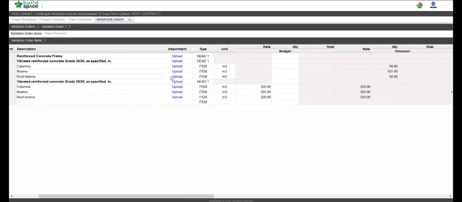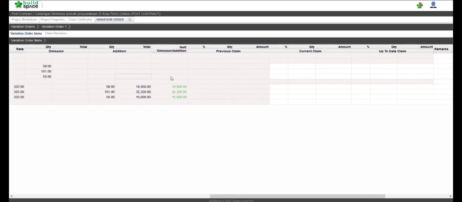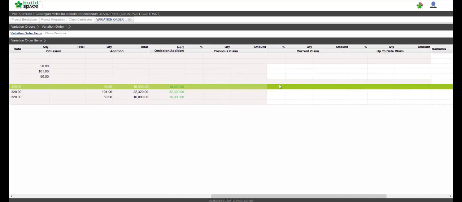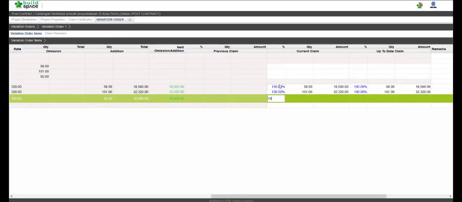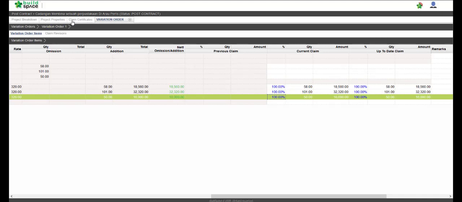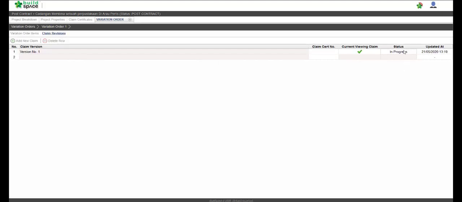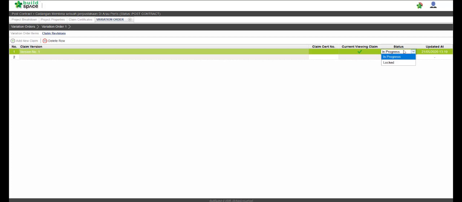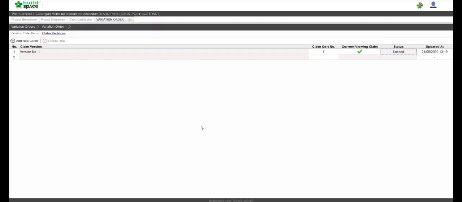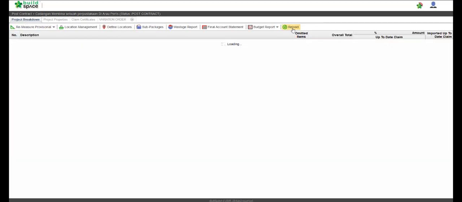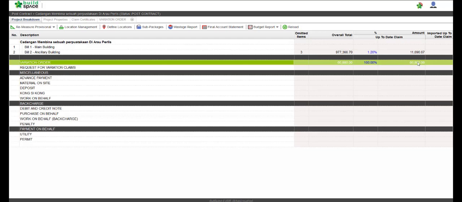double click, and then we can see the claim column has already been unlocked, which means it is in white. So we can enter the percentage of claim that we wanted to do for this particular claim, and then go back to the claim revision, double click on the status, go to locked, and then press enter and click yes. And then we go back to project breakdown, click reload, so we can see the overall total of the claim